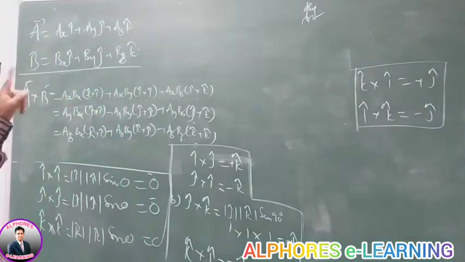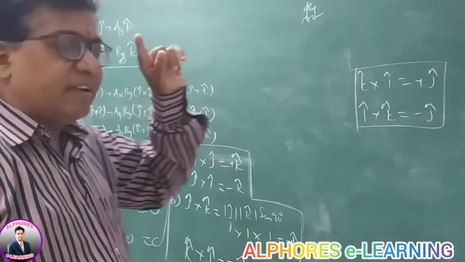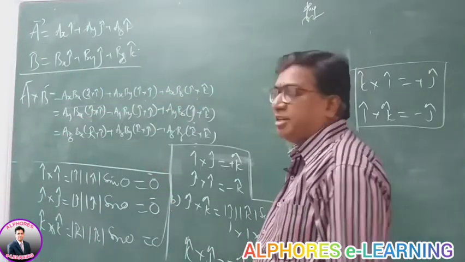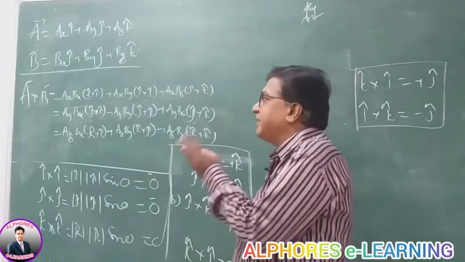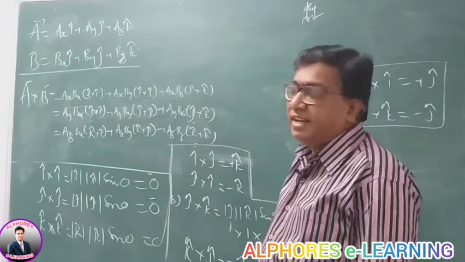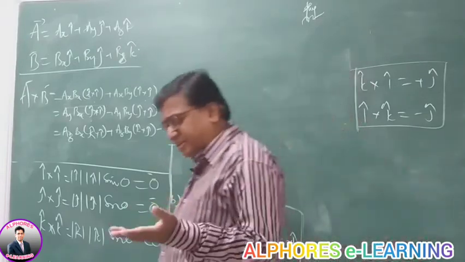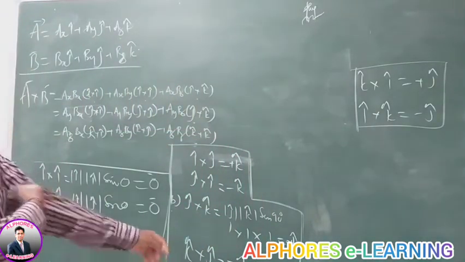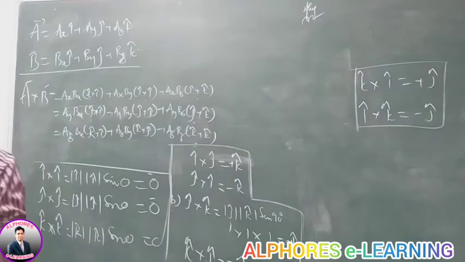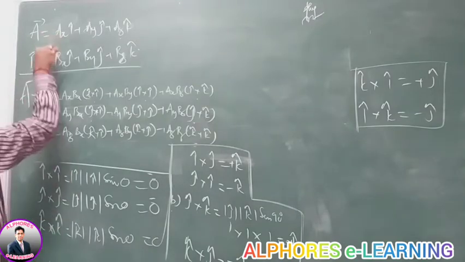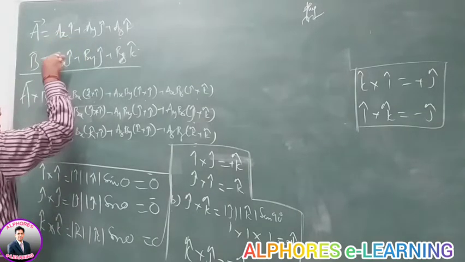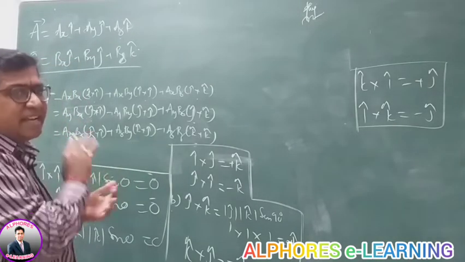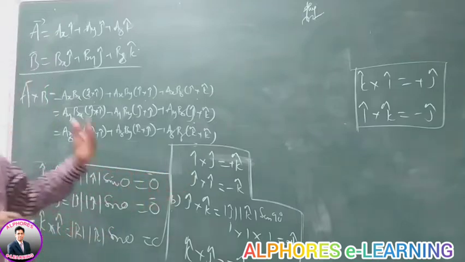So when A bar and B bar are represented in ijk form, A bar given as Ax i, Ay j, Az k, and B bar given as Bx i, By j, Bz k, the cross product of the two vectors is obtained by the ordinary multiplication process, multiplying each term to every other term of the other vector. So first Ax to this, Ax to this, Ax to this, Ay to this, like this. Now let us apply the identities we have learned.